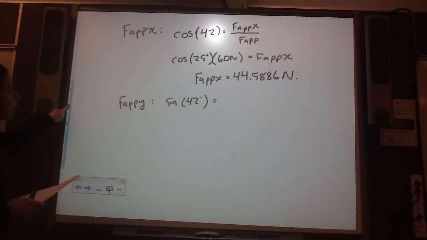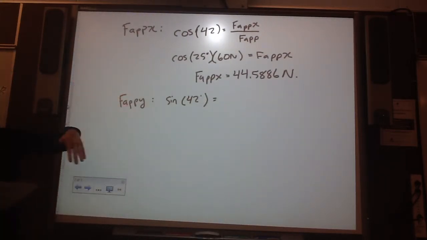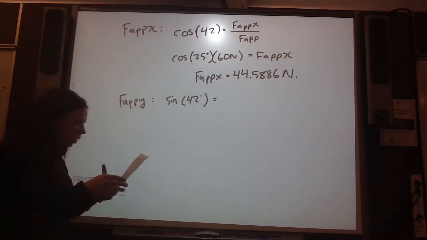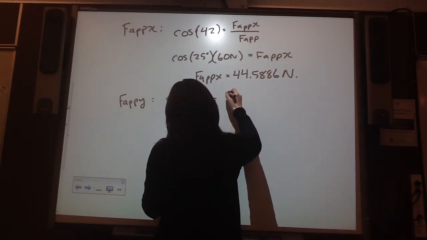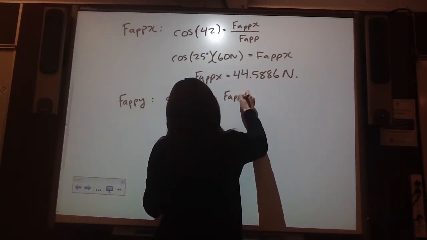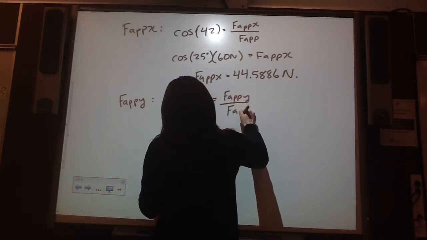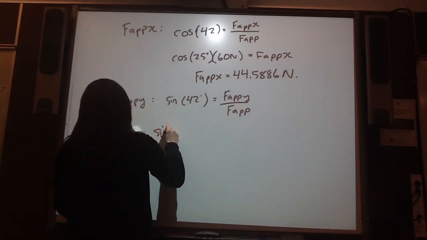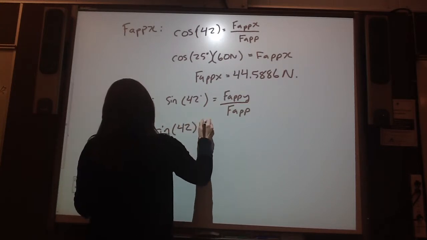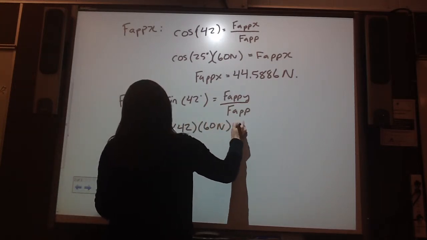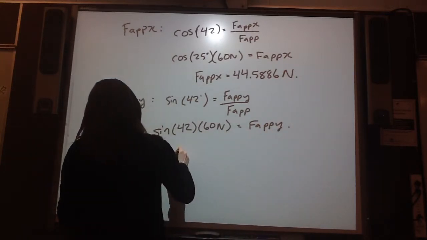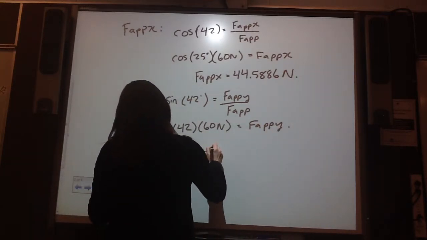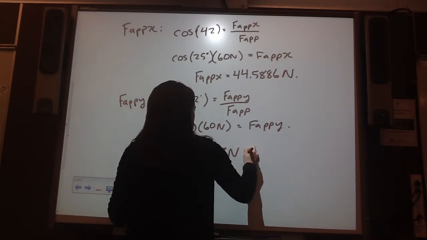Okay, so I'll just continue with this calculation and then I'll explain what I was just talking about there. So F_app y, sine 42, is equal to our F_app y over F_app. So sine 42 times 60 newtons is equal to our F_app y. So 40.1478 newtons is equal to F